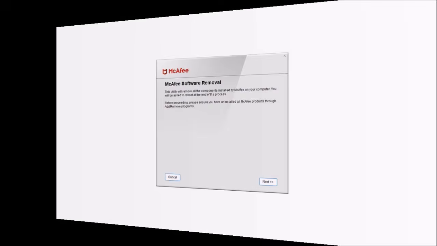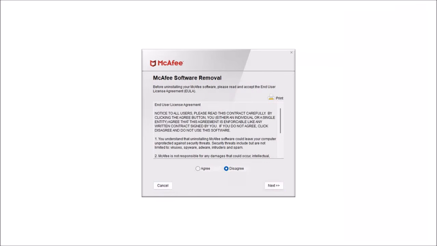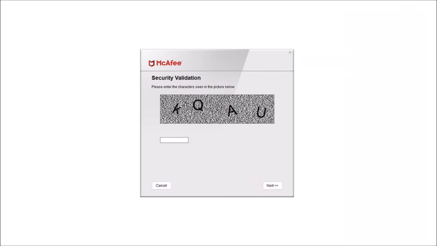And next we need to use the McAfee Removal Tool. Like I said earlier, you'll find the link in the description section. So click on Next, then read the agreement and then choose Agree. Then click on Next. For the security validation, just enter the characters that you see in the box and then